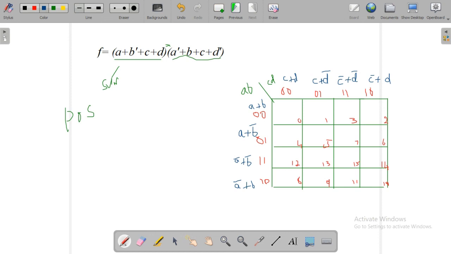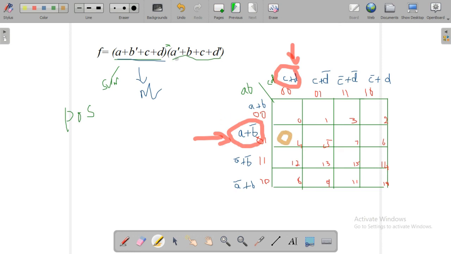So we have drawn that K-map. Next, A plus B dash plus C plus D. That is the first max term. A max term is represented by capital M, and we can identify which position. A plus B dash means this row. Then C plus D means this column. So this column and this row. Where they intersect, we have to fill that point with 0. So we are just filling it with 0.